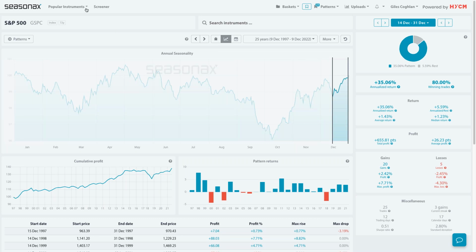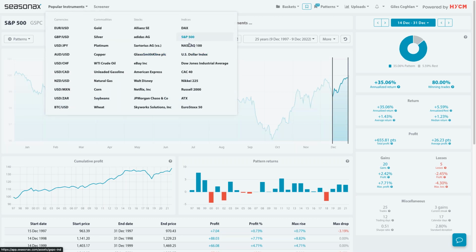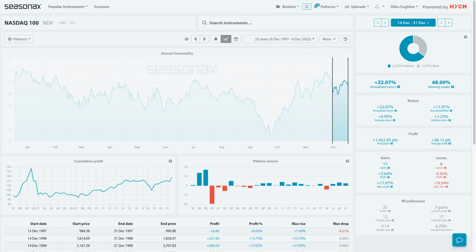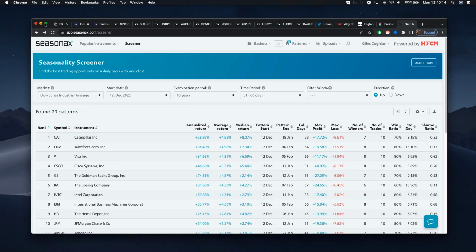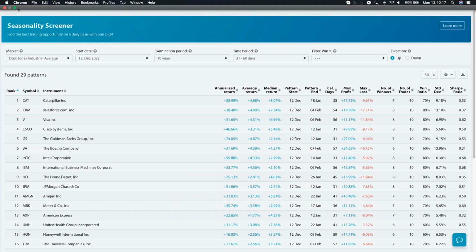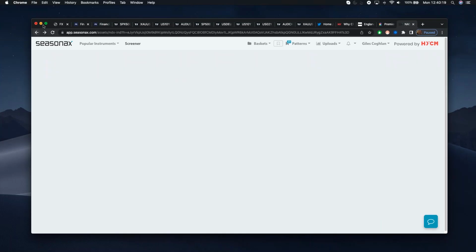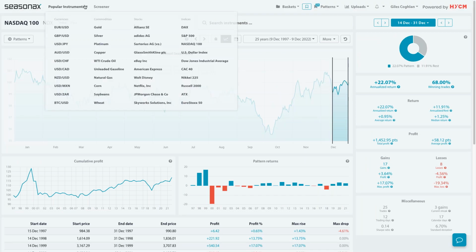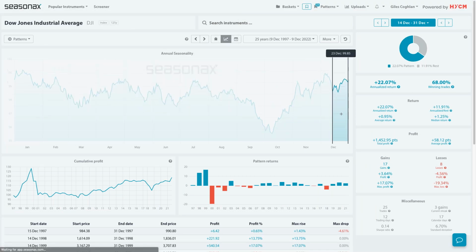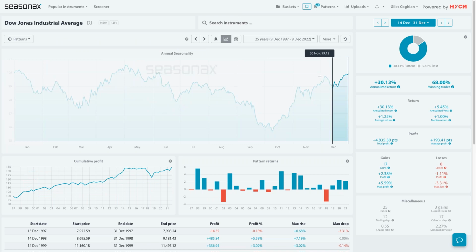So that's not just true for the S&P 500. You'd also see a very similar pattern for the NASDAQ, 17 gains, 18 losses. You'd also see similar for the Dow. If you just look at the Dow here, 17 gains, 8 losses. So there is a predisposition to buy US stocks into the end of the year.